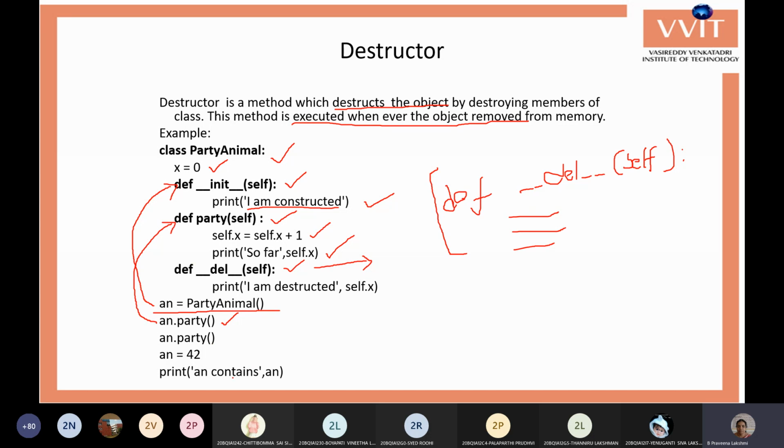Again the party function is called and executed. Next you can observe an equals 42. Here the variable an is assigned 42, and then we display the an variable. Can you guess at what statement it executes the destructor?